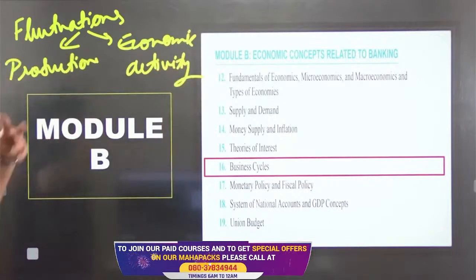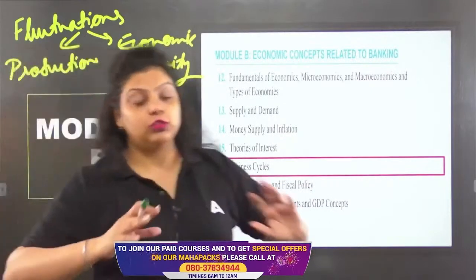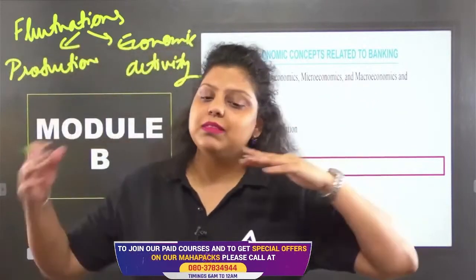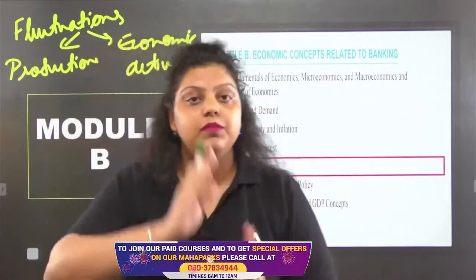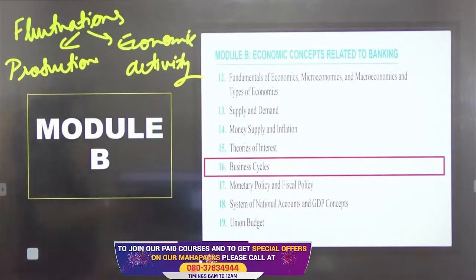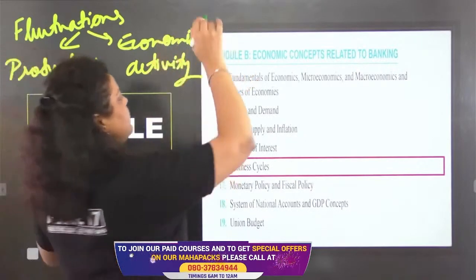Duration is not fixed. It's not like in 6 months or in 1 year you will face these phases. It can be several months or years. But yes, whenever you face fluctuations in production and economic activities, that is known as your business cycle. Okay, so business cycle simply means the whole course of business activity passes through some phases of prosperity